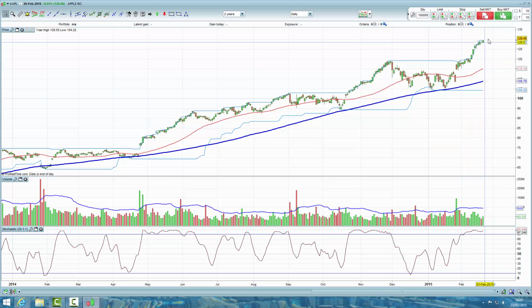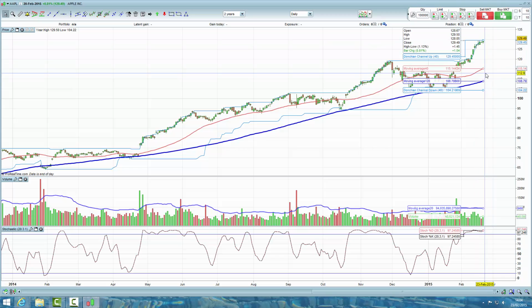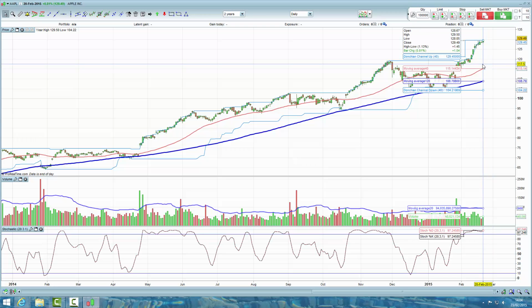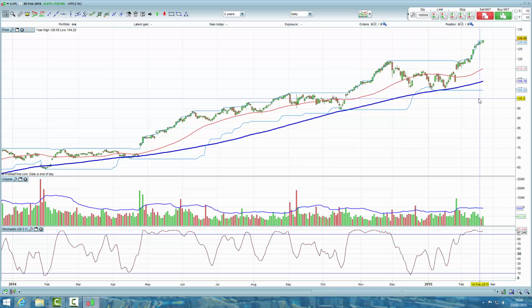So if the stock keeps rising, that's great because you have a larger position. But if the stock corrects, you're more likely to get stopped out of your position than if you were using ATR times 7. The problem if you're using ATR 7 is obviously that you've bought less shares. So as with all trading systems, there are advantages and disadvantages to the parameters which you use. But for the sake of simplicity,